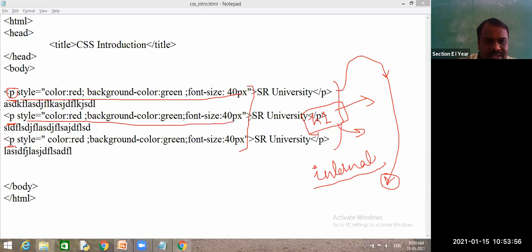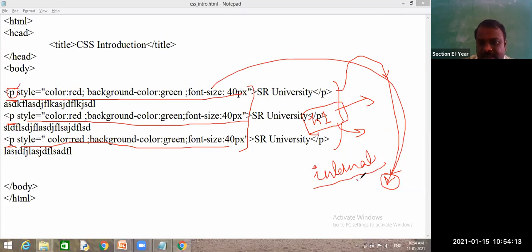So this is one kind of problem. It is not a problem, guys, but writing multiple times. Instead of writing multiple times, I will migrate to internal. We will write these properties for this element only once in internal. Then wherever we use that property, it can be applied multiple times.